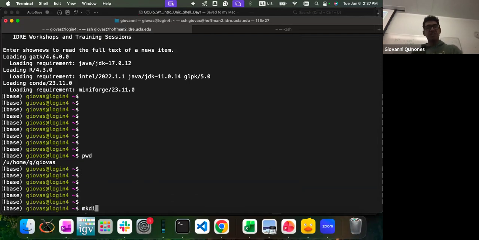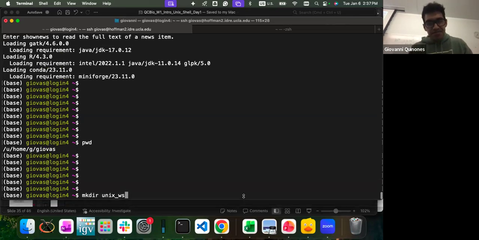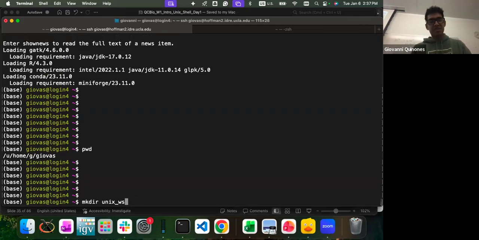Let's type mkdir, and let's call it unix_workshop, WS. Of course, you can call it whatever you want, but just to make it easier to follow along, you can call it Unix WS. And I press enter.